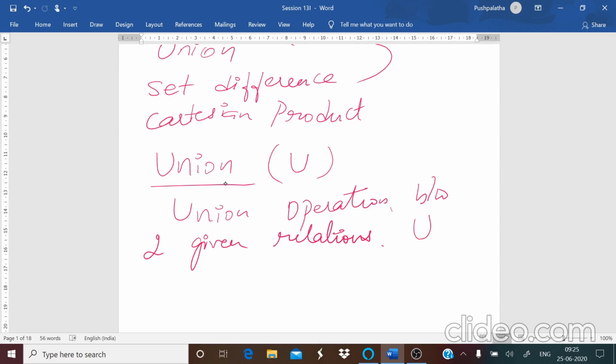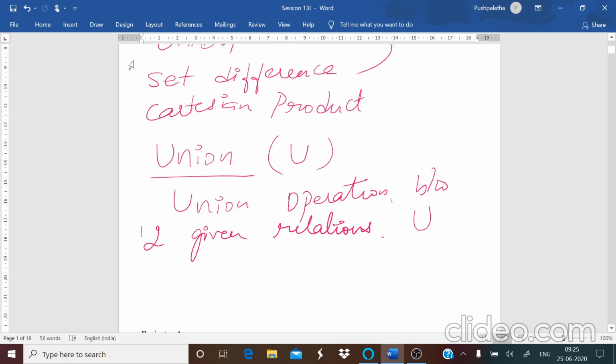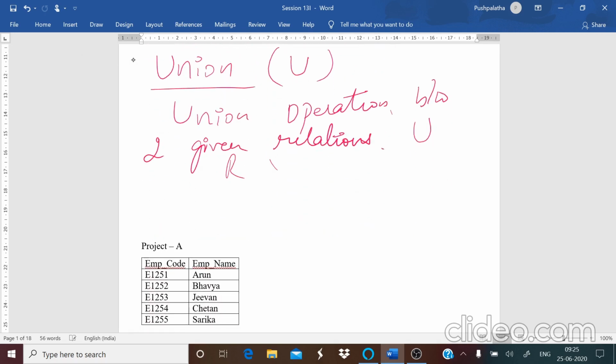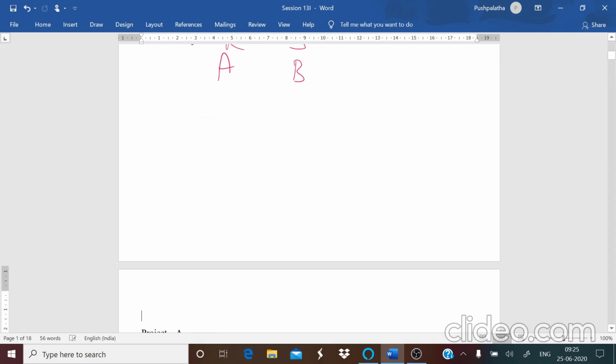What happens in this is similar to your set. It selects all the records. Here we are not going to call them records but tuples. It selects all the tuples that are in relation R and S. That is, if you have two tables R and S, or we can also call them A and B, it gives you all the records that are present in your two tables. So it can either be a database relation or a result set, whatever it is.